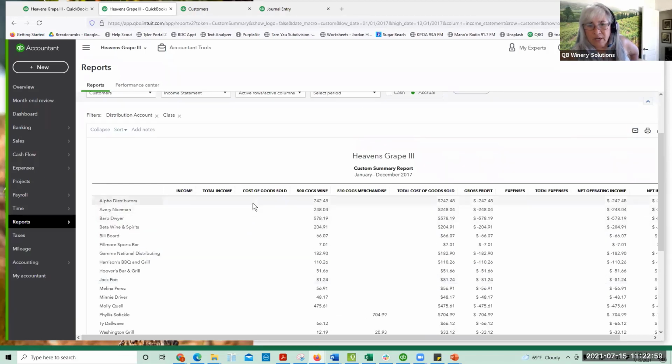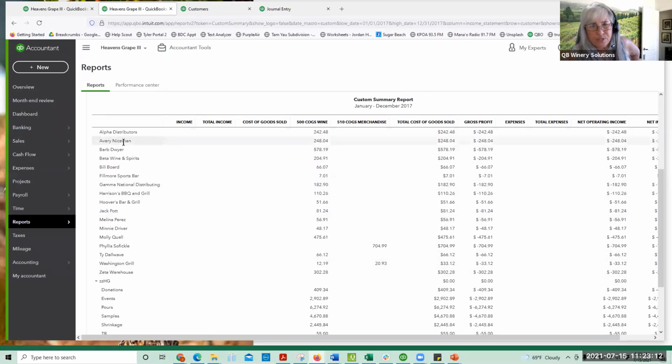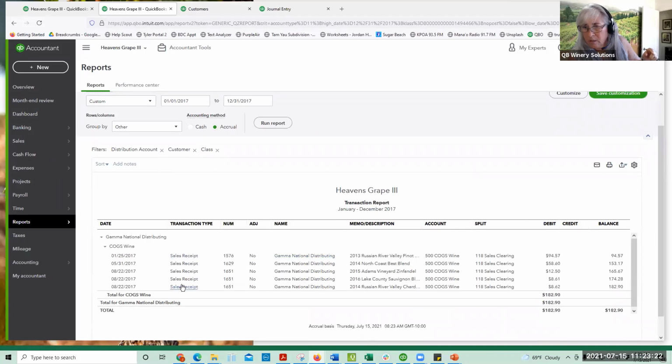And what you can see here is that these folks recorded a lot of their depletions to their distributors, and in some cases to some customer names. And that's totally fine. This procedure still works because on this transaction, I think we already looked at, on this transaction, they sold sales